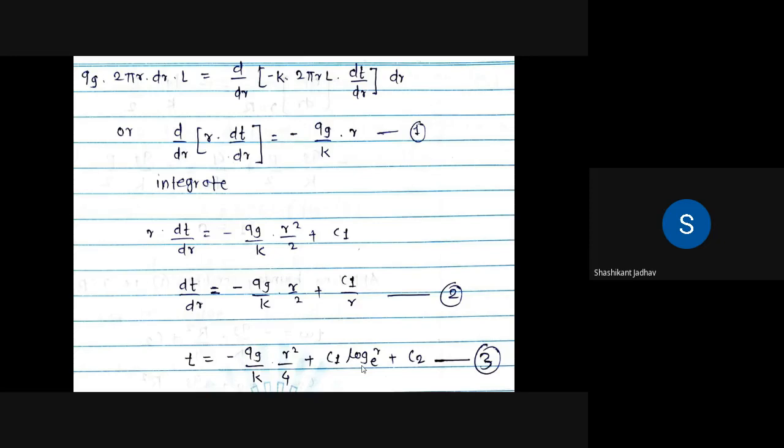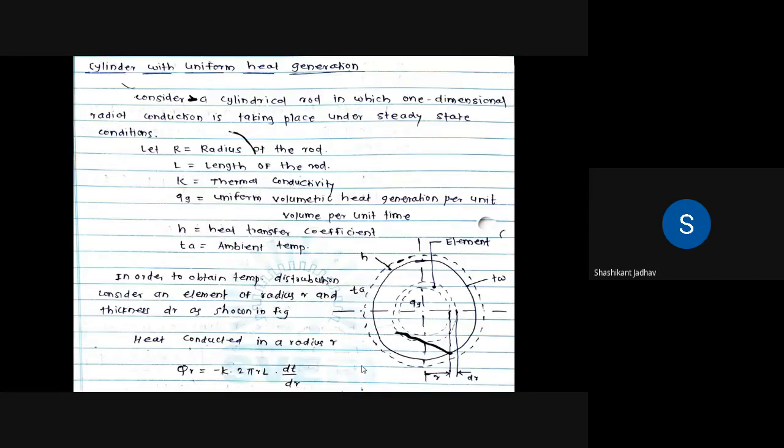Okay, so which boundary conditions we have to apply? From that diagram we have to understand what are the boundary conditions. So this is the diagram. So from this diagram, suppose if small r is equal to capital R, हा जो स्मॉल आर जर आपण कन्सिडर केलं तो जर कॅपिटल आर एवढा असेल तर काय होईल? टेम्परेचर बिकम्स TW. So what is the first boundary condition? If small r is equal to capital R, then T is equal to TW.